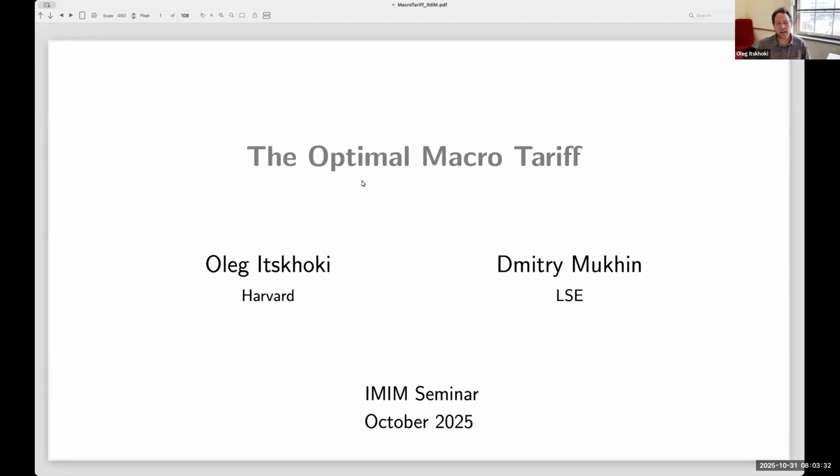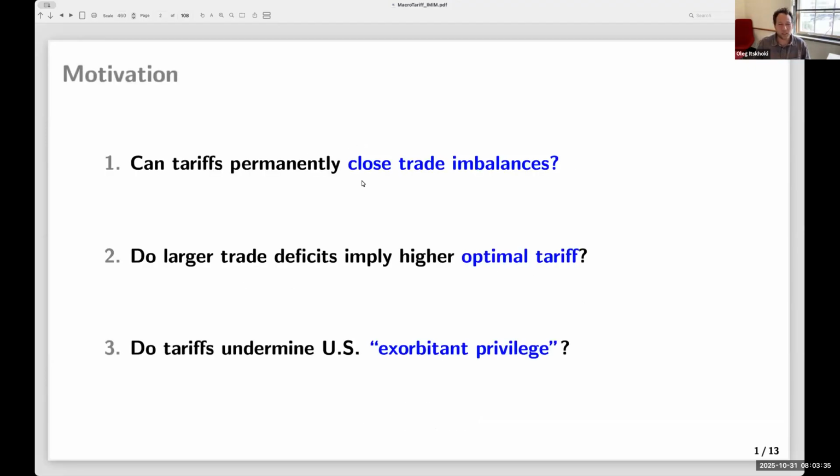Okay, so basically, it's a very topical question. Obviously, we're in the midst of the trade war. There are many different rationales, often mutually exclusive, for the trade war, but one of them is whether tariffs can be used to close trade imbalances. And of course, a much more persistent feature of the United States, but the whole world, are these global imbalances that have persisted for a number of decades now, where the US is a very large borrower and the rest of the world